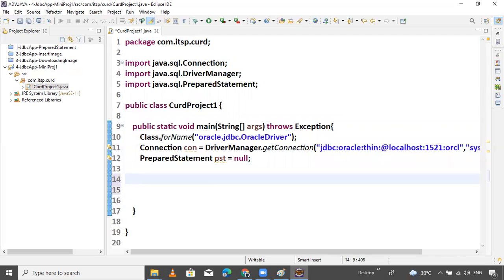Now this is done. Now we start our actual programming. First, I want one line upside.